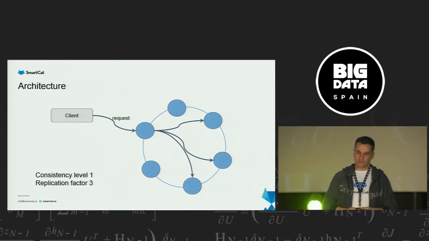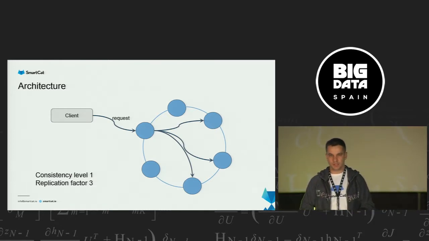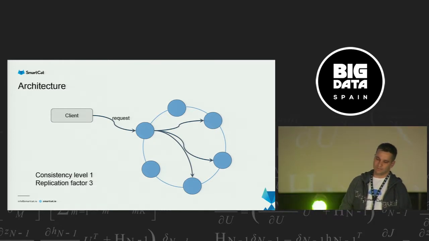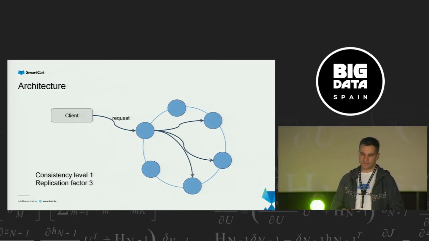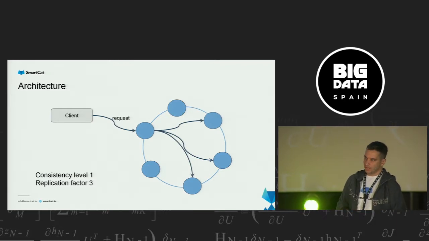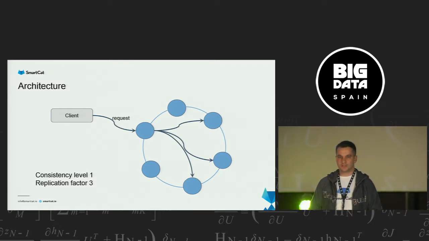you have tunable consistency options. In this example, I used the consistency level 1, which means that only one replica should respond, and this will be fastest responding replica. Consistency level, we say that Cassandra is a database with tunable consistencies, so you can choose